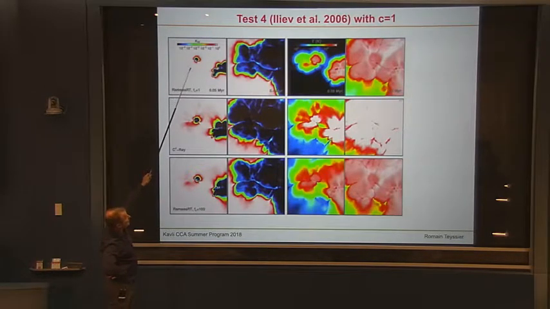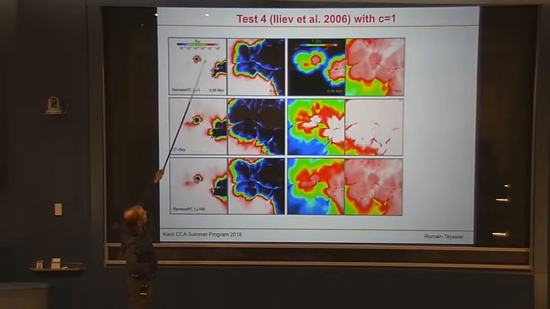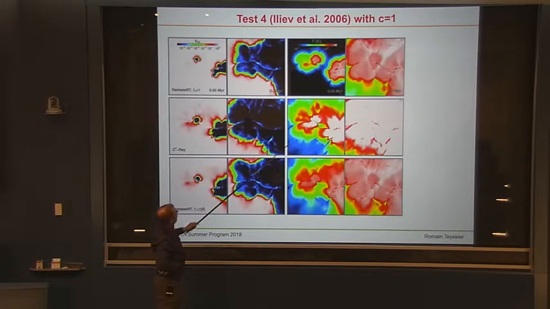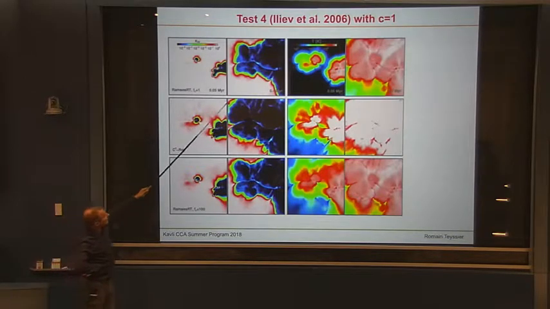So it's a photoionization problem where you have a cosmological box with small galaxies that are inserted here, and you look at the radiation growing around them, right, from 2 time steps here. And that's the temperature. And so that's the moment method, and that's the ray tracing method. Right? And you see that in the ray tracing method, the size of the photoionized region is much bigger. Right? And actually, the reason is that the code here uses infinite speed of light. And if you use the proper speed of light, you should find this. Right? And so we did it the other way around.